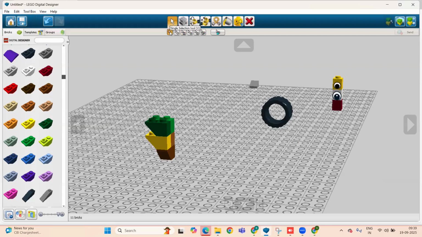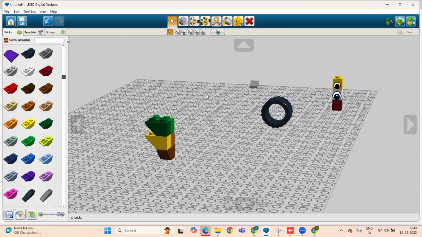Now we'll go to the next one, that is the color selection tool. Like if in case I have chosen one color, for example yellow, on this surface. So here we have two bricks in yellow color, this one and this one.